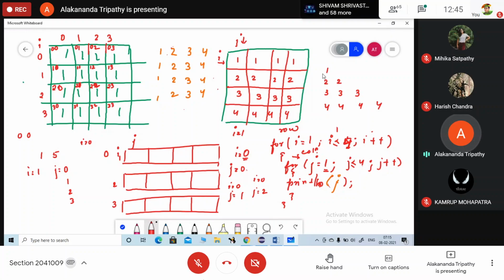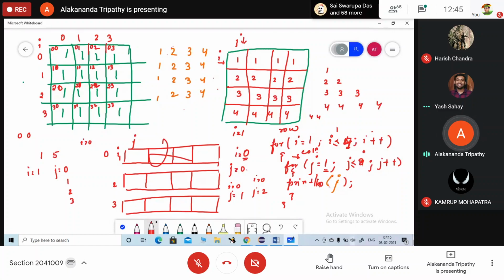In the first row, how many values are printed? 1. In the second row? 2. In the third row? 3. In the fourth, 4 times. So what is the change you need to make here? Ma'am, J less than equal to I. J less than equals to I.